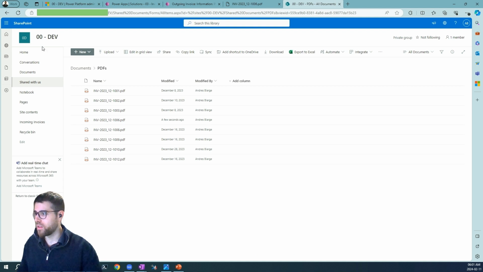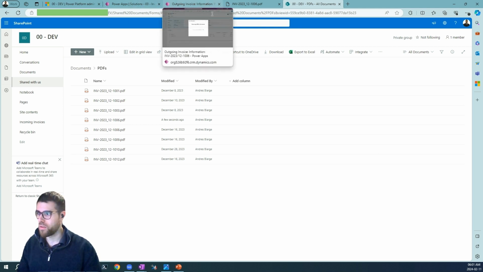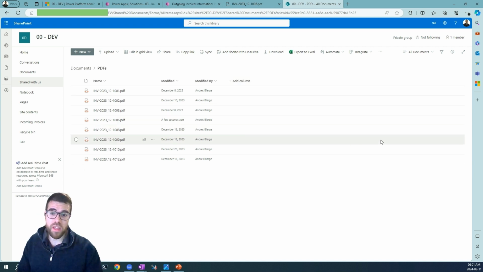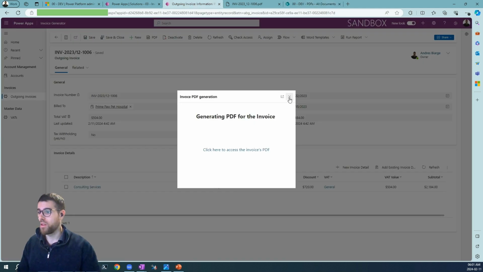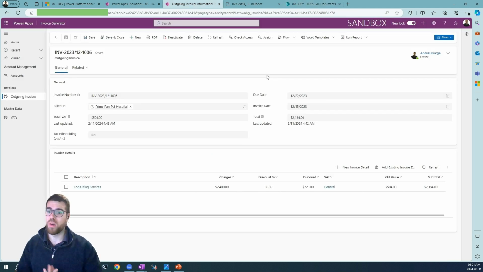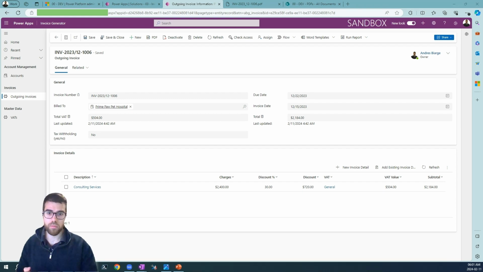Of course, this is intentionally called 00dev, but this is one of the mistakes here, that we are using the same SharePoint site for everything in the solution. That means that when we are developing the solution, testing, and using it as productive, we're using the same SharePoint site. And of course, this is going to bring a lot of problems because we can mess with productive data. For example, imagine that we are trying to